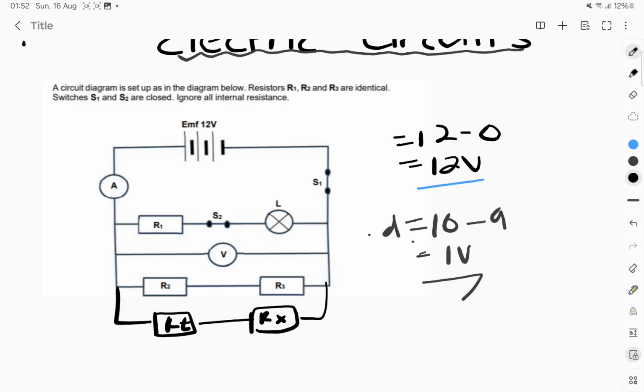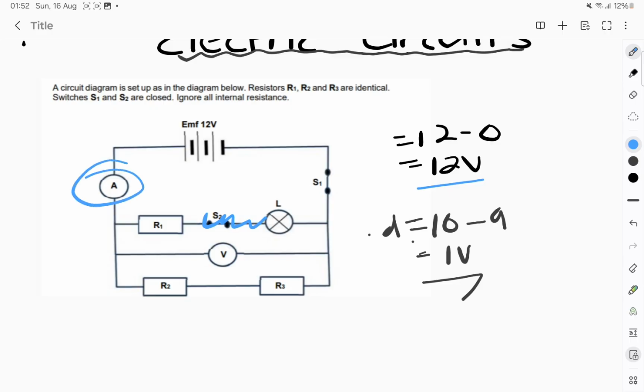Okay, what's going to happen to my effective resistance, which is basically my total resistance? It's going to decrease. When we add resistors in parallel, the effective resistance decreases. Now, when I take this out, what would have happened to my effective resistance? It's going to increase. So if a question tells you maybe that switch S2 is opened, what happens to the